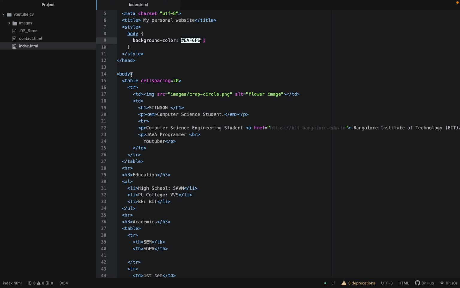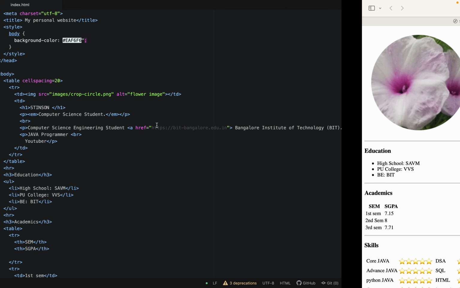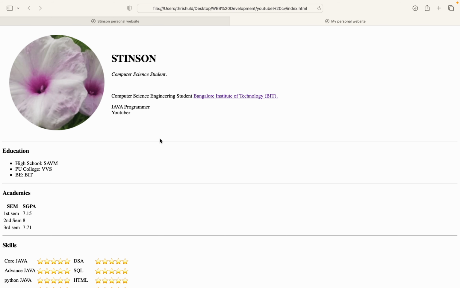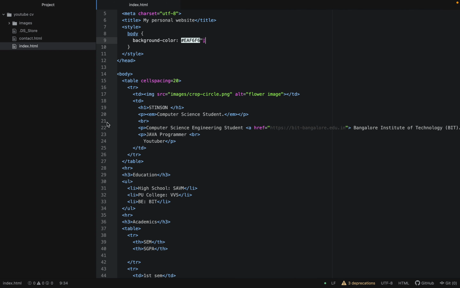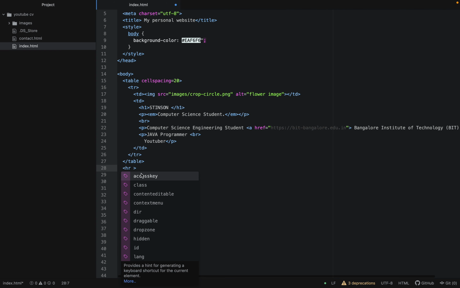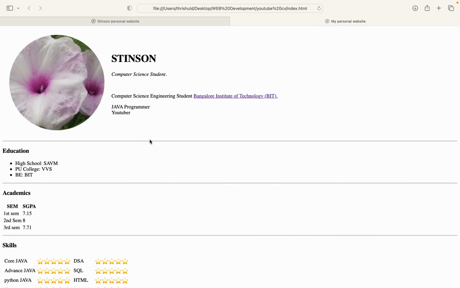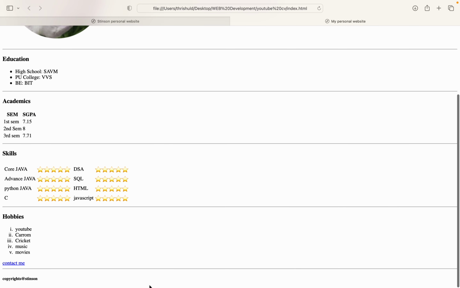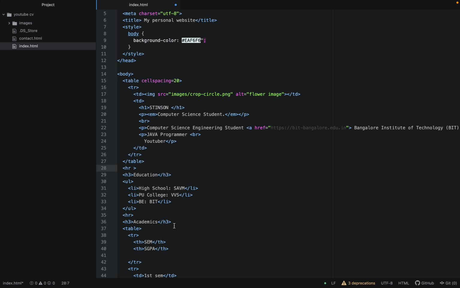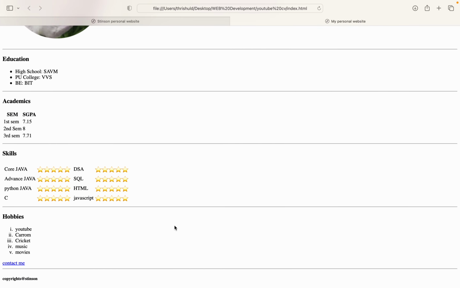If I want to change the property of HR in inline CSS, I have to copy paste here, in the opening tag, inside the HTML element. So the same code should be copied to all the lines, so that results in redundancy, as we discussed in the previous video. So to avoid that,